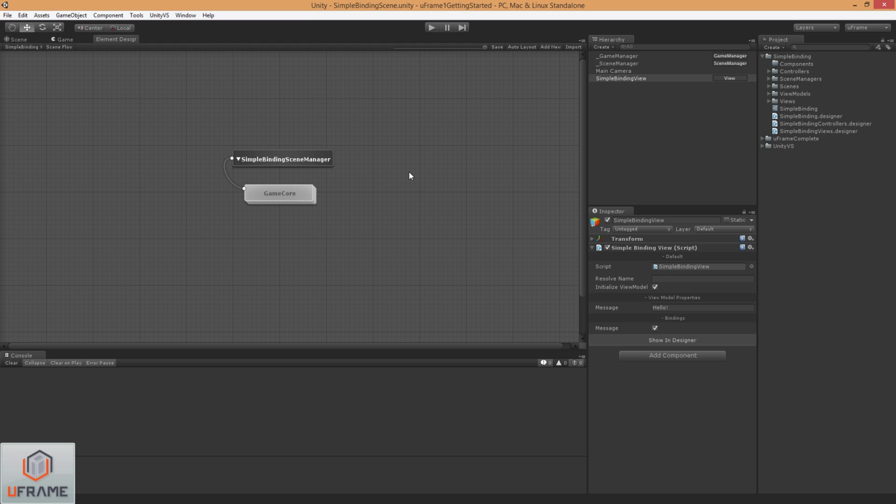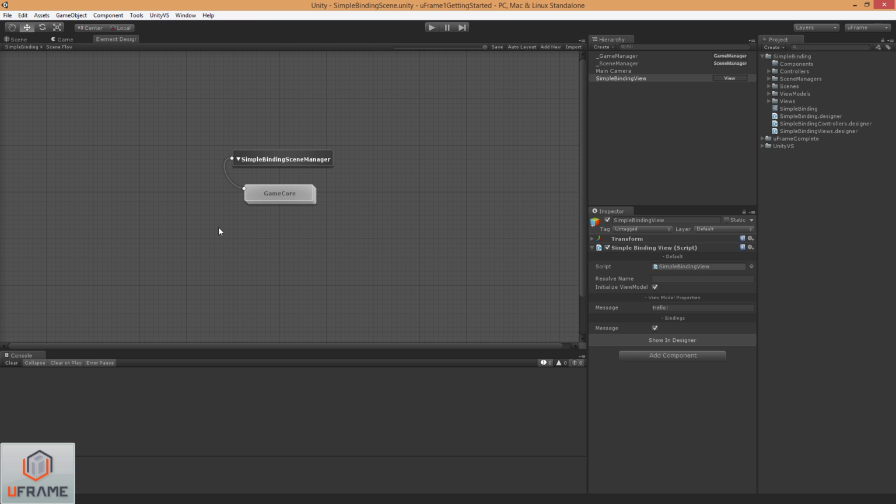Alright, so in this tutorial, we're going to talk about commands. We're going to create a very simple implementation of an element command so you can see how that works in UFrame. I do want to point out before I get started, before the last tutorial, which we're going to be extending by the way,